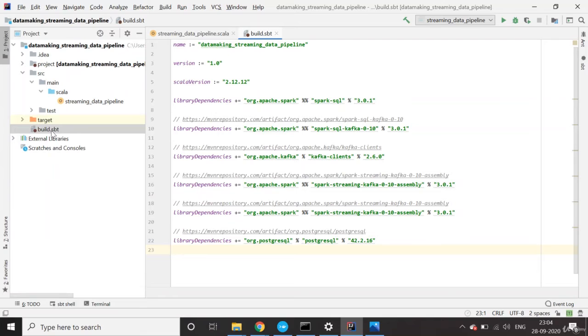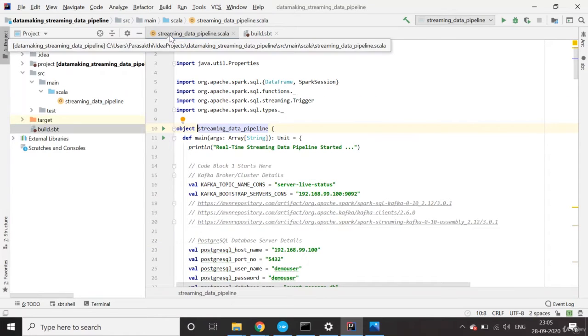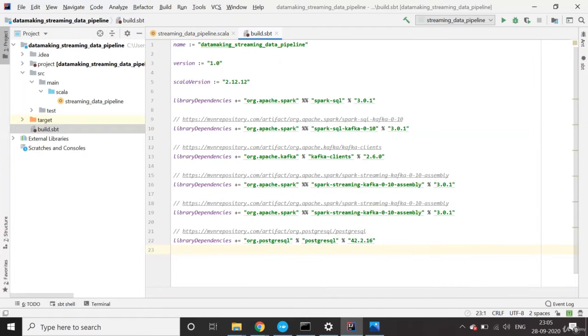In what we are doing, we are building a streaming pipeline which is going to consume the data from the Kafka topic and write the data into the sink, which is the target, Postgres. So we need connectors: one to talk to the Kafka broker, and a JDBC connector to talk to PostgreSQL. All these dependencies we need to specify in this build.sbt.